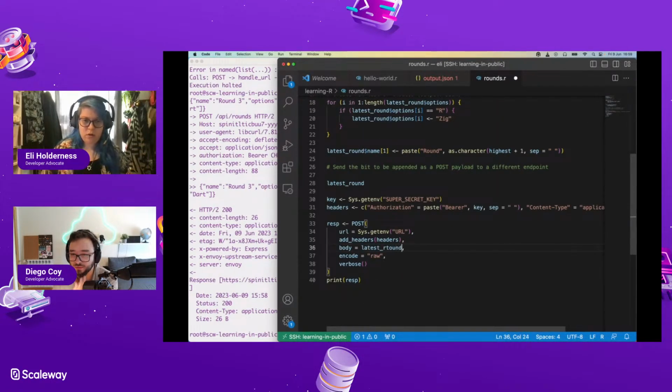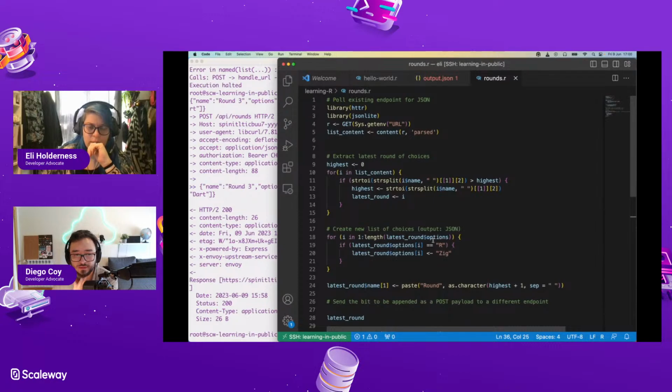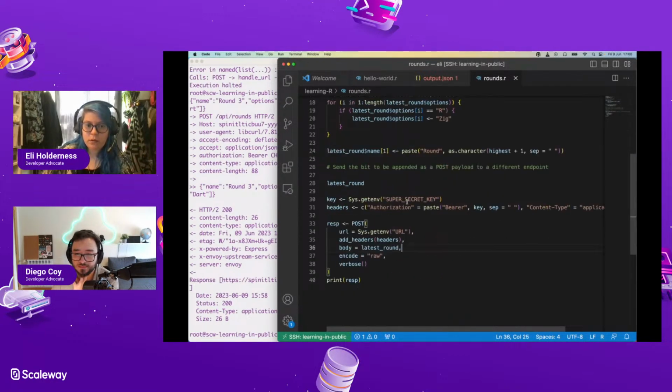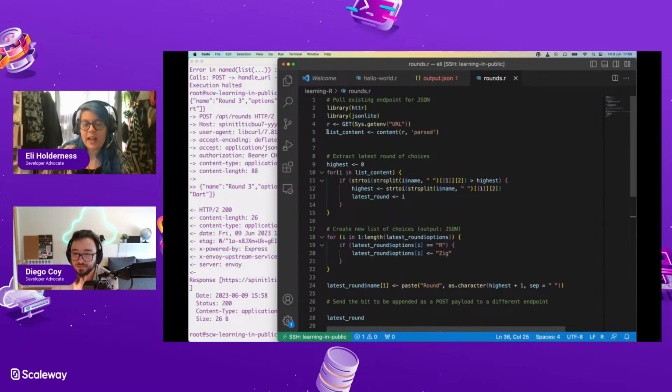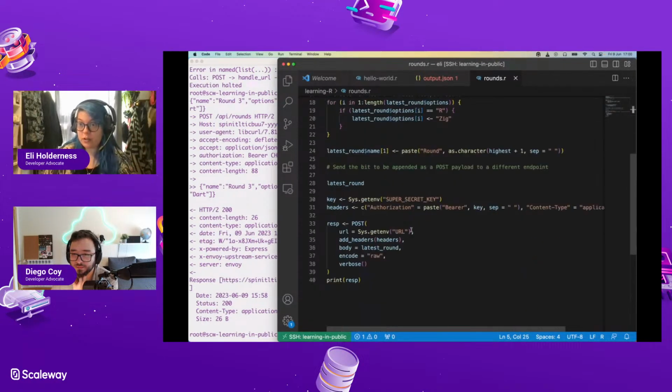Yeah, latest round. So when we did this, latest round is what we get out of it. Eventually it comes from the list, the content that we got out of this, which we parsed, and it's a bunch of our data structures.